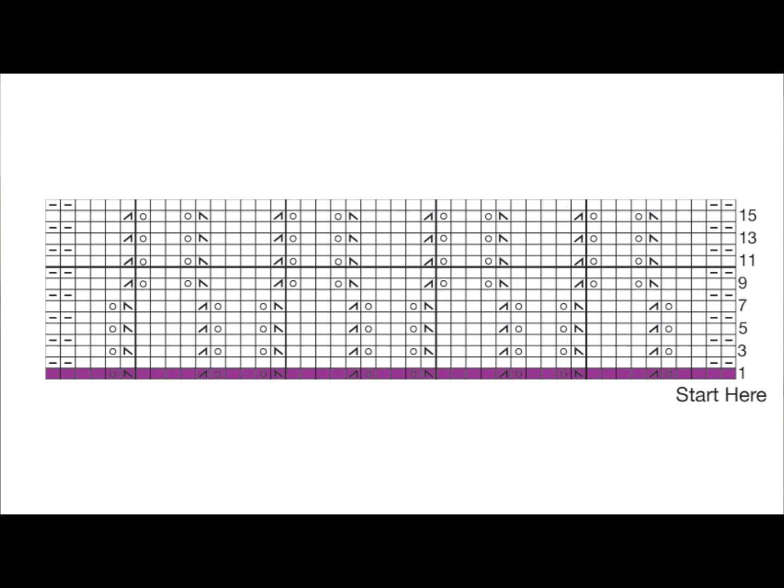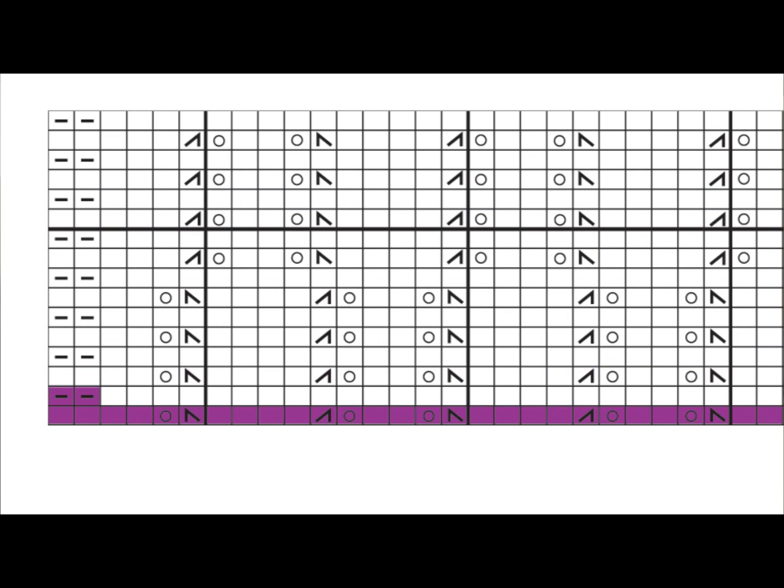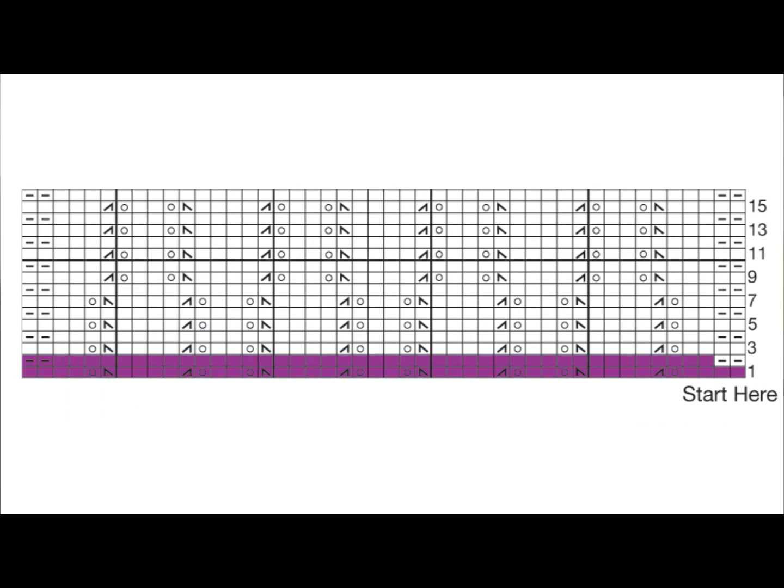For my second row, I'm going to read my chart from left to right. So I'm going to start with 2 knit stitches, and then I'm going to purl all the way across my row until the last 2 stitches. The last 2 stitches are knit